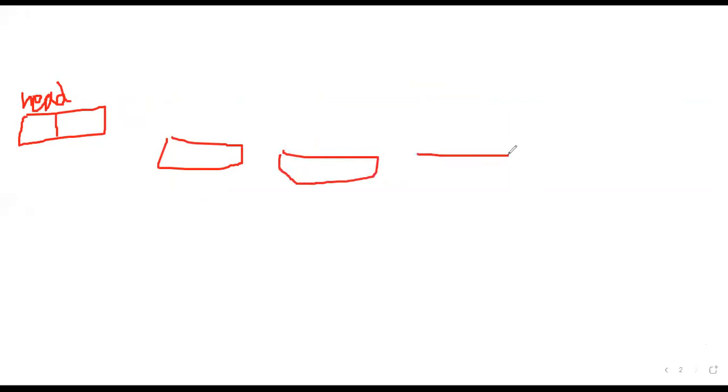For time saving, I'm not drawing neatly. Just pick it up. Actually, these are called rectangular boxes.